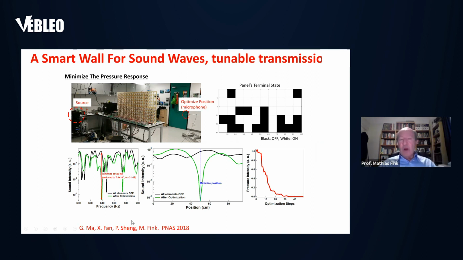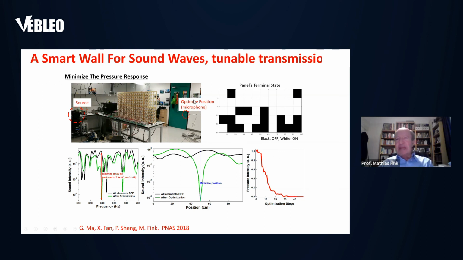And I also work in Hong Kong, and there we decided to develop a smart wall for sound waves. It is also a wall that can change its configuration. It is made of many cells. Each of them can be hard or soft. For example, you have a source sending noise. Here, it is not a mirror, it is a transmit wall. And you decide that you want to kill the sound here. And you can, with an algorithm, try to find the best configuration of your wall from hard to soft to kill the sound here.